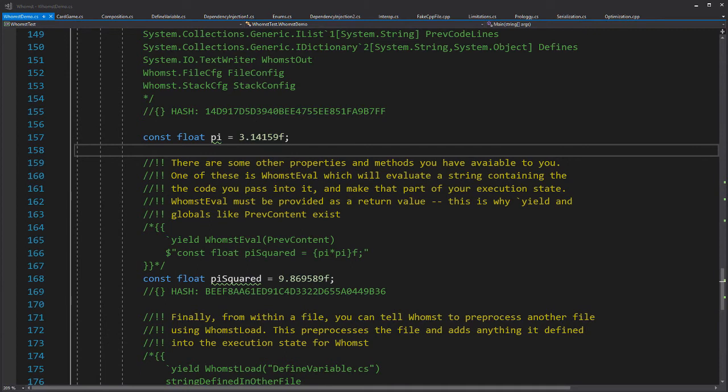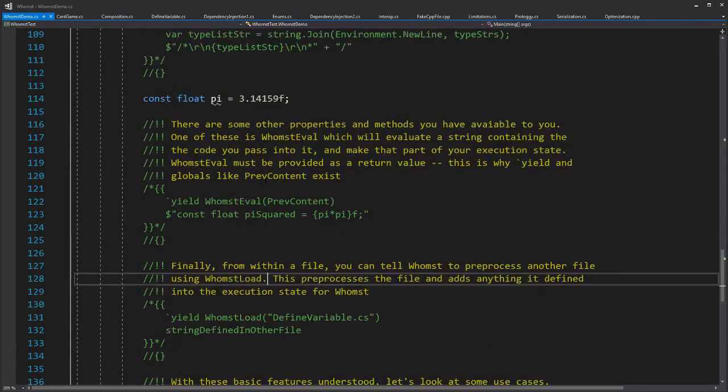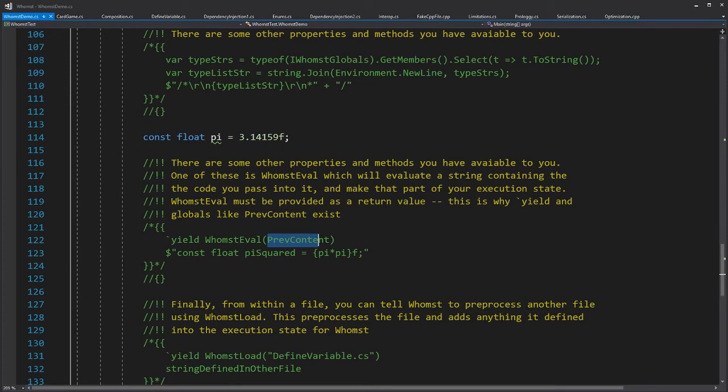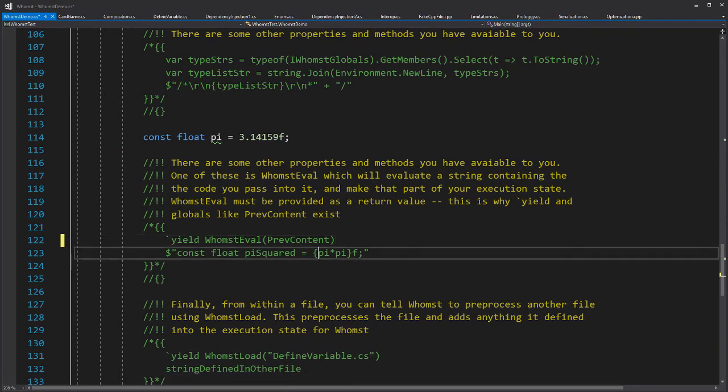And what I do is I have a yield statement, I'm taking a string with that dot text that was between these two blocks, and I'm evaluating it and adding it to the state. So it takes this and adds it to its code. And then it takes pi times pi and outputs it, and it's going to make it